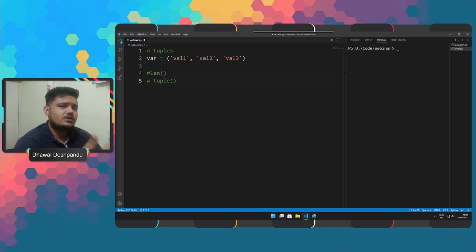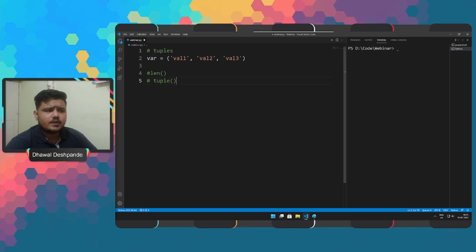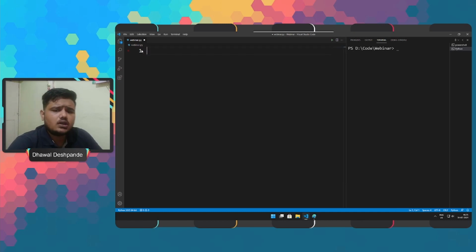So right now, as we are discussing sequential data, we have checked the list and tuples. The last data type that we are going to discuss is dictionary, right? So we have seen how we store data in dictionary, right?